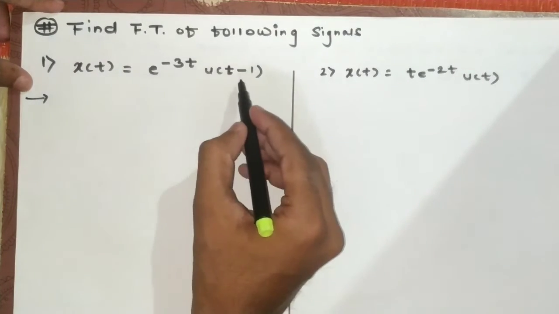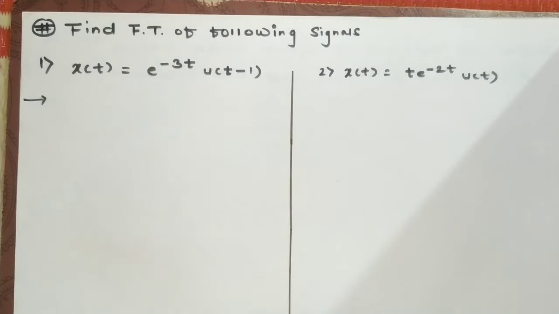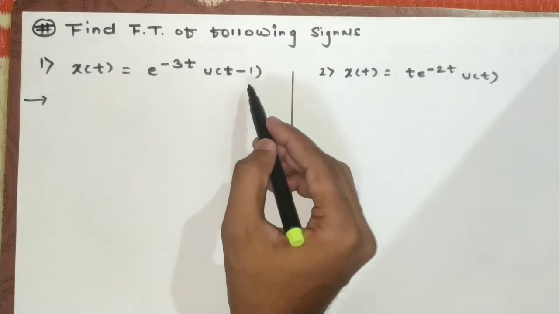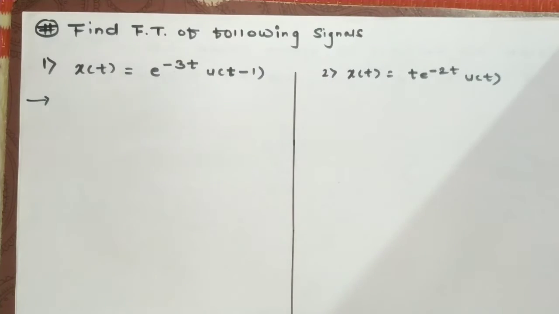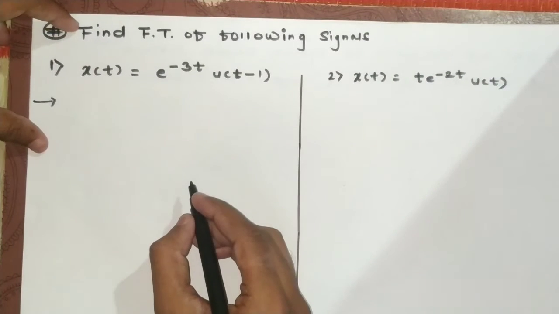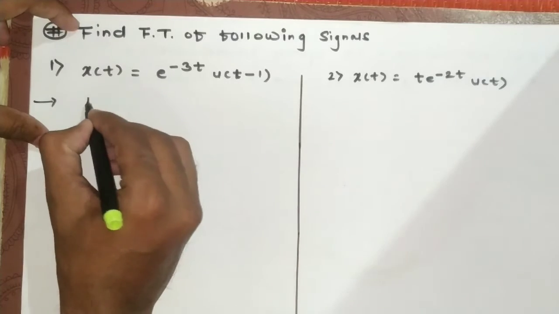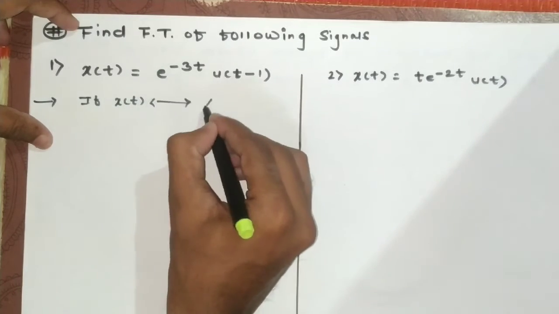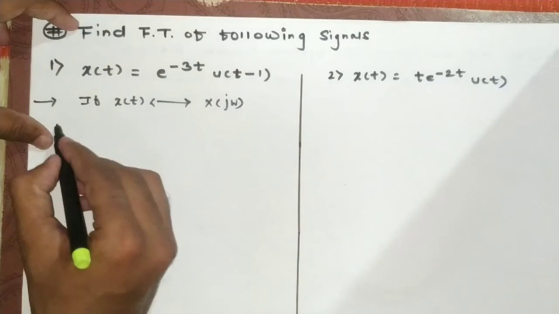exponential u of t minus 1. Now here, if you observe carefully, our input signal is shifted by 1 unit. Whenever it is shifted by 1 unit, definitely we have to use the time shifting property, which simply says that if x of t is any signal having its Fourier transform as x of j omega, then